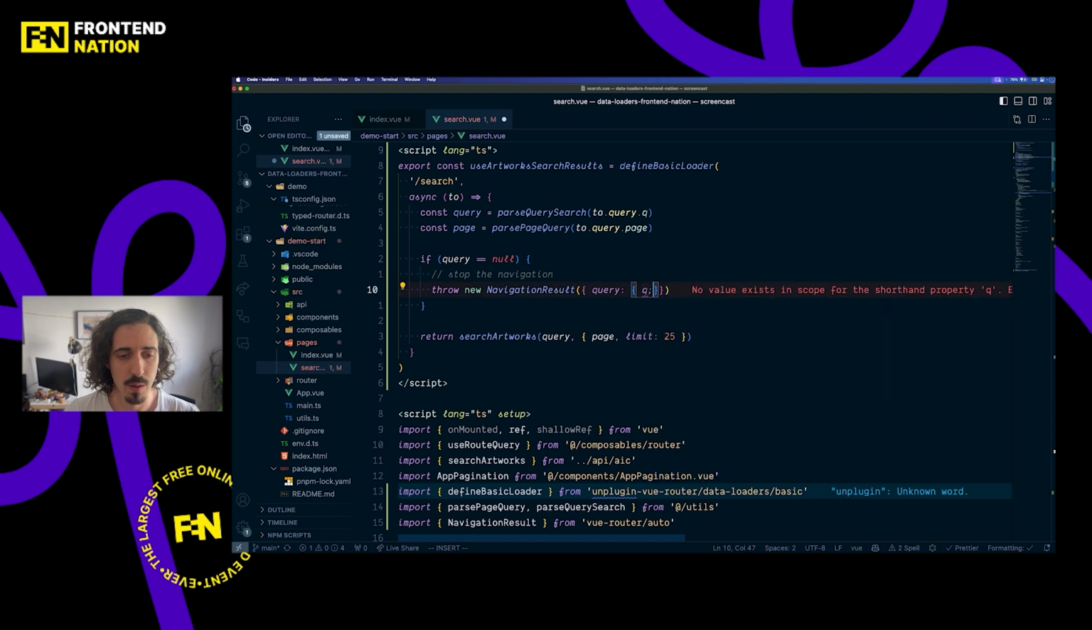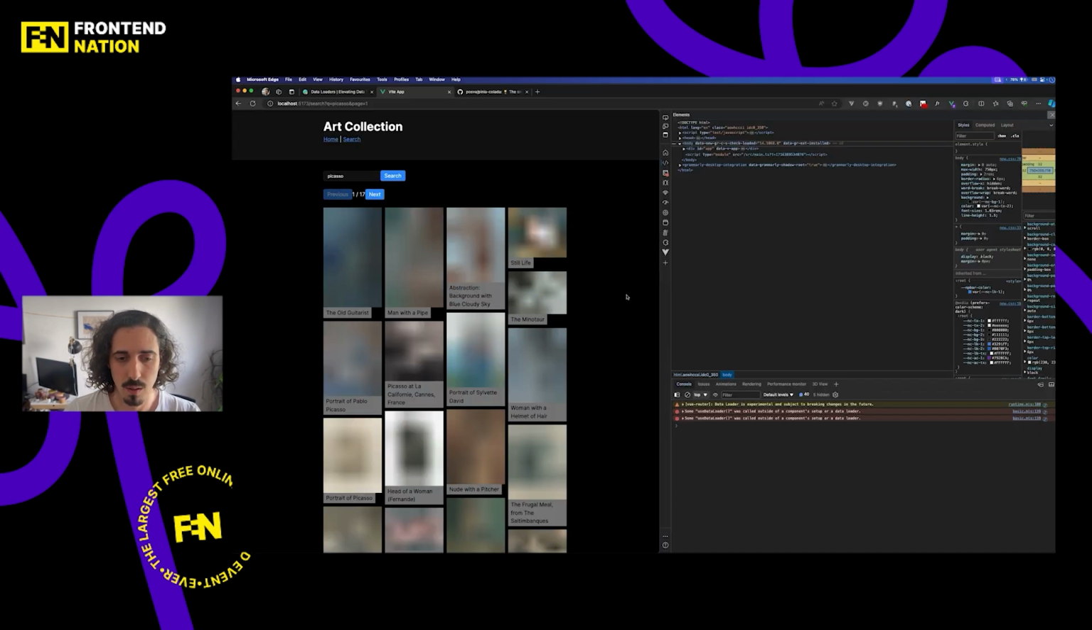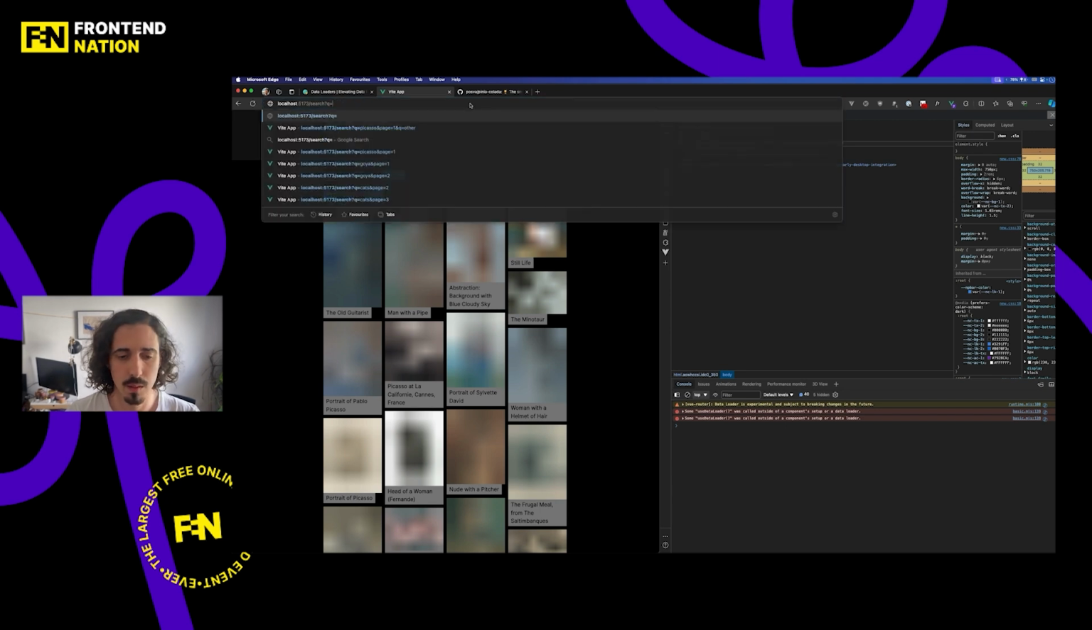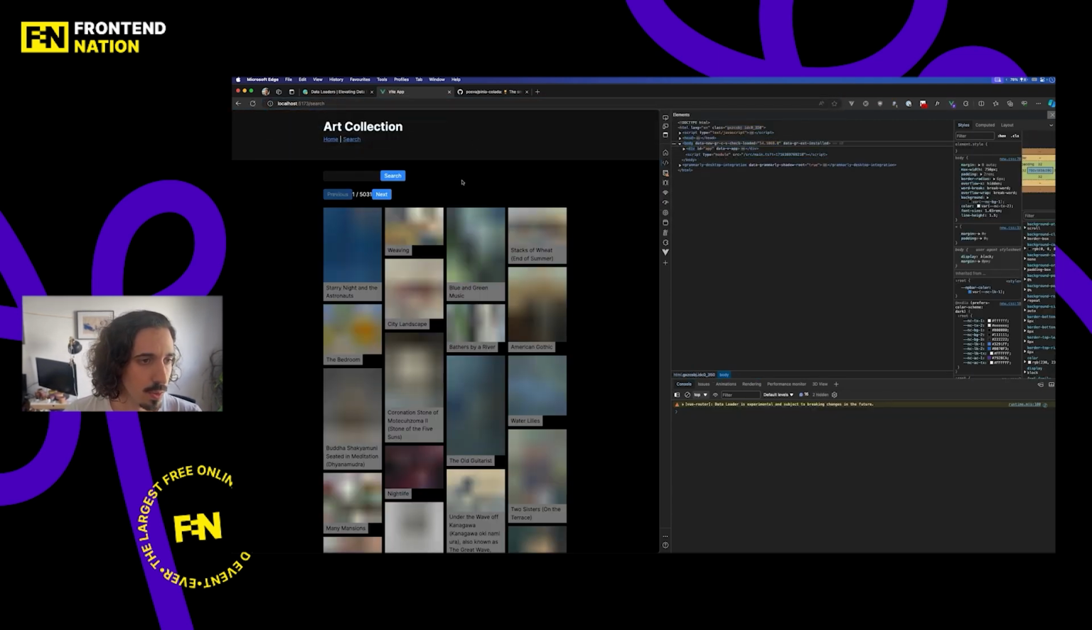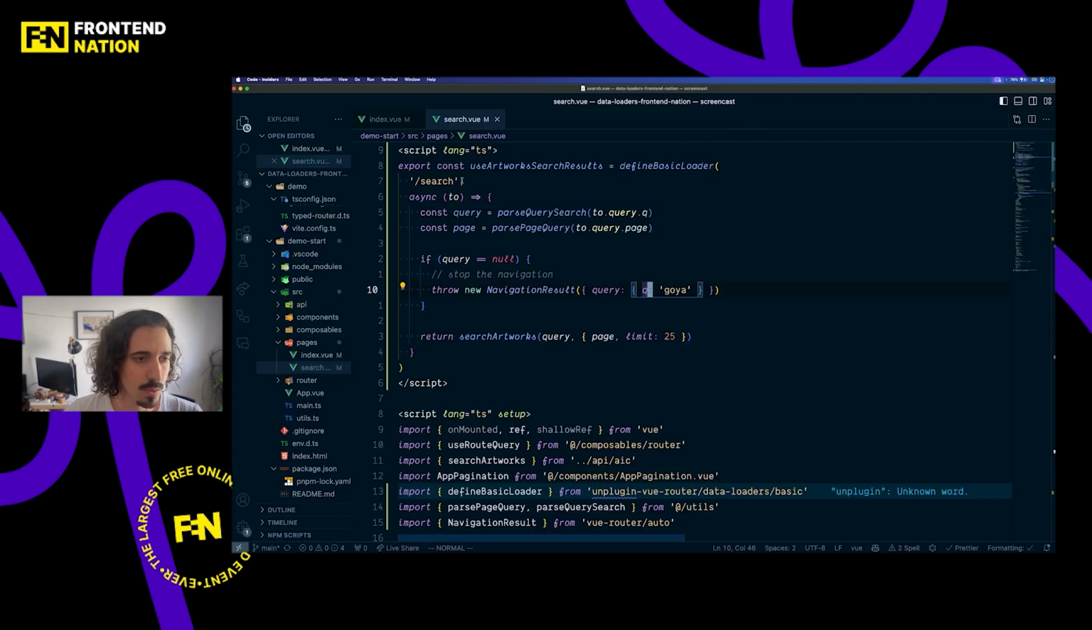So here, if I want to say, for example, query, so I could say query Goya, and then I should also paste the page, but it doesn't matter. If I try to go to an invalid query, it would just